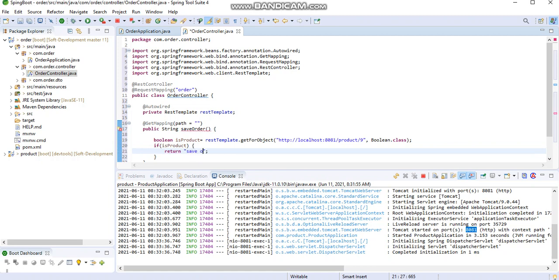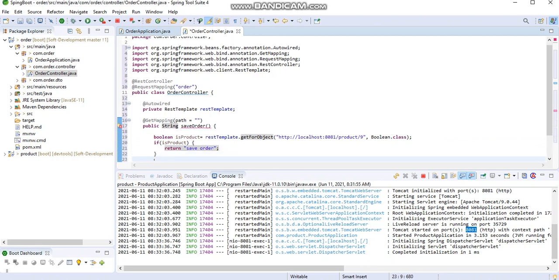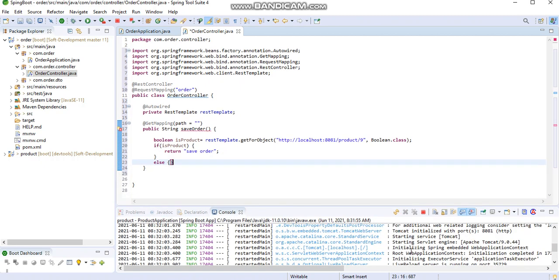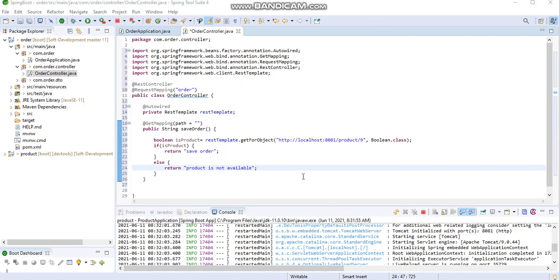Otherwise, in the else block, I return "Product is not available".